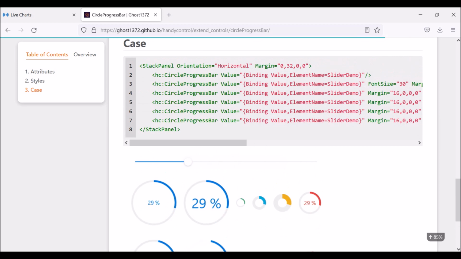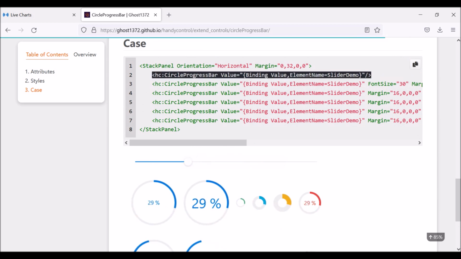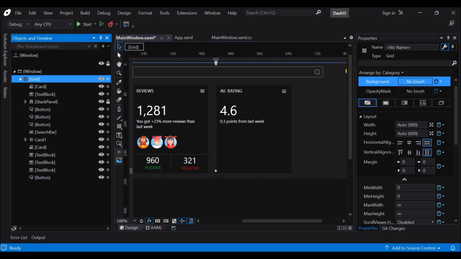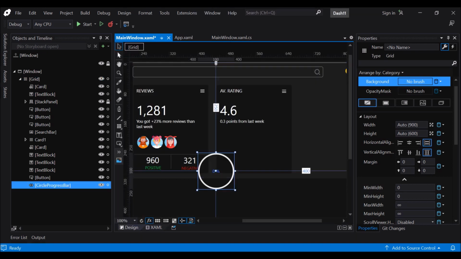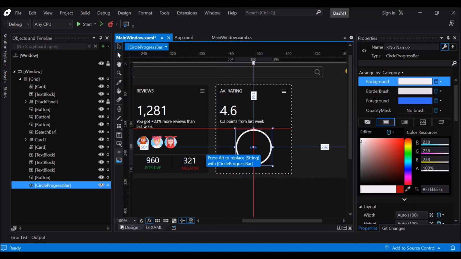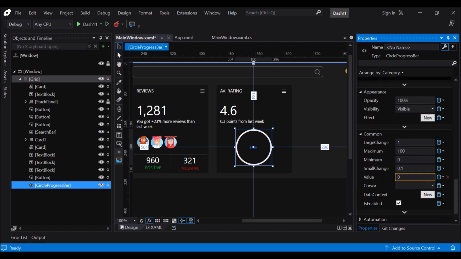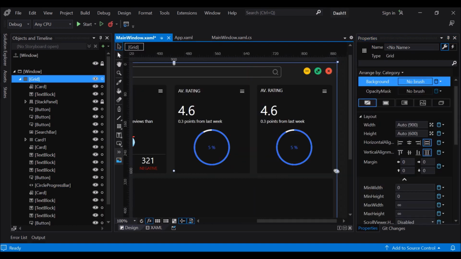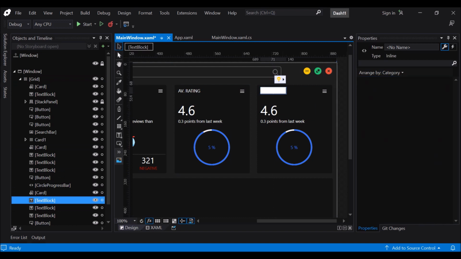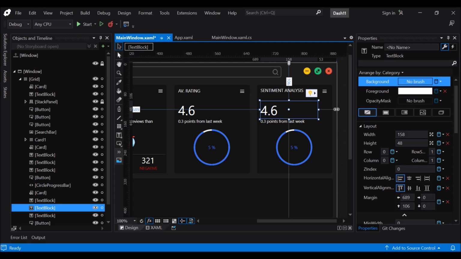So let's copy the code for that and paste it in the XAML file and place the progress bar on the card. Add the values, minimum value, maximum value and the current value for that. Let's copy that whole card and paste it on the right hand side. Change the elements, change the text,